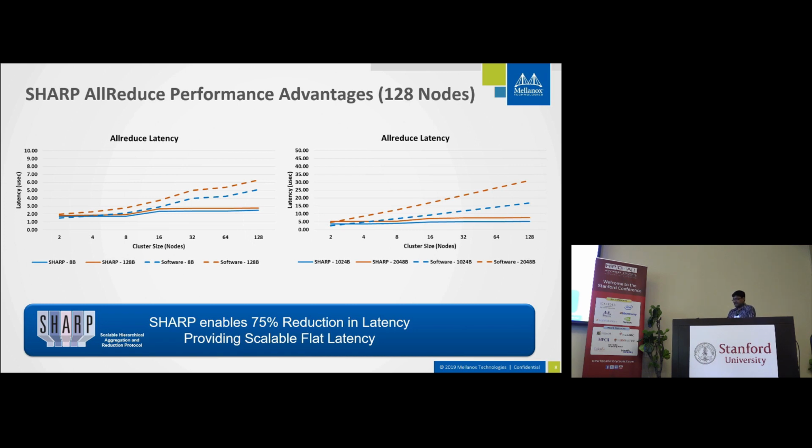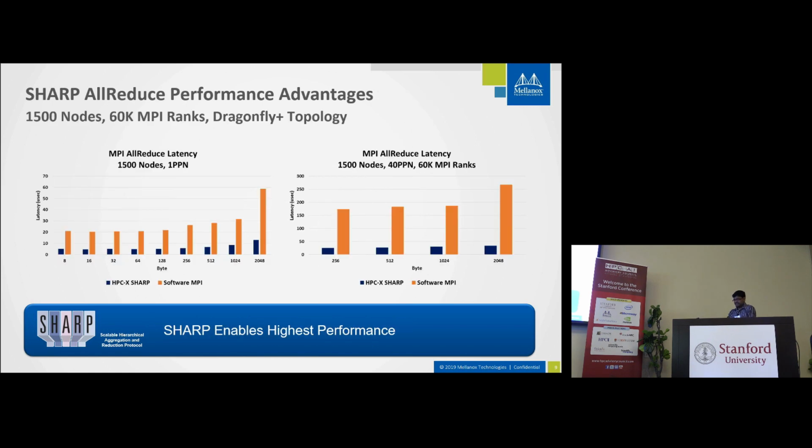The right side has bigger payloads, 1 kilobyte and 2 kilobytes. This is at a larger scale on the University of Toronto cluster. We have 1,500 nodes running 60K MPI ranks in a Dragonfly topology. You can see that SHARP maintained its advantage,